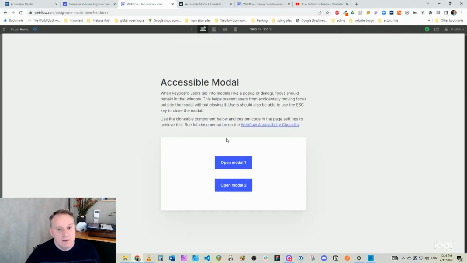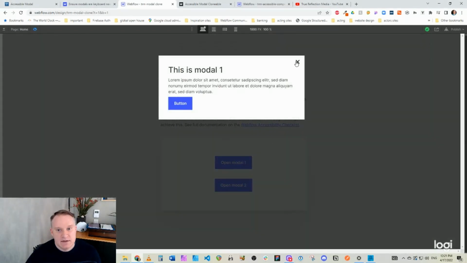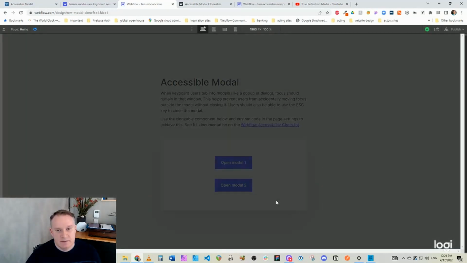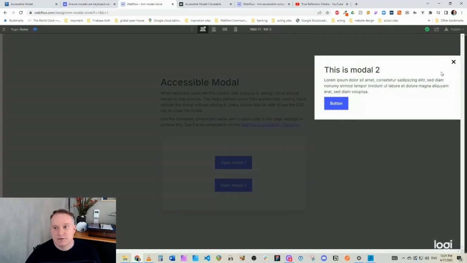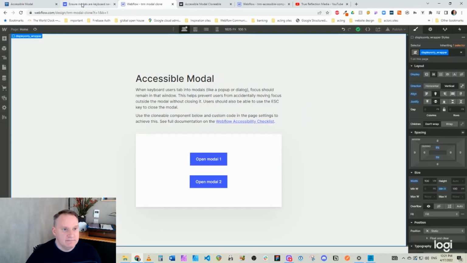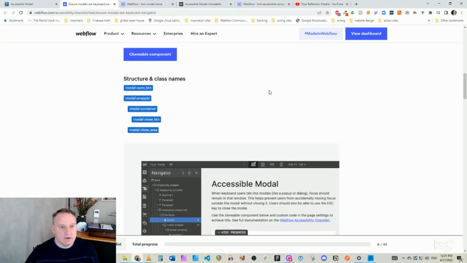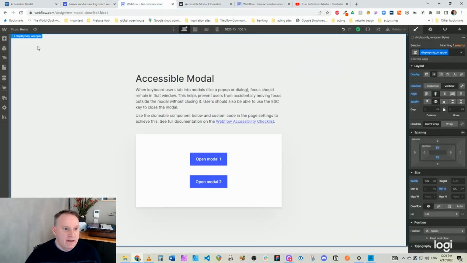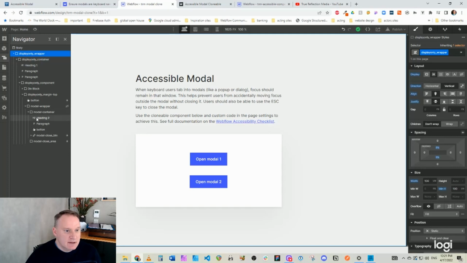If we open it up, we can see that there are the two modals already in here. Now, Webflow has a great how-to guide, and they start the structure here with a modal open button, a modal wrapper, a modal container, a modal close button, and a modal close area. Now, I would argue they're missing the one part out of here, and that is labeled here a div block,